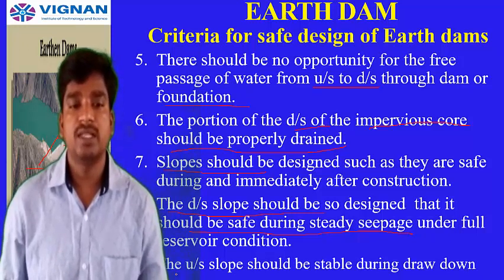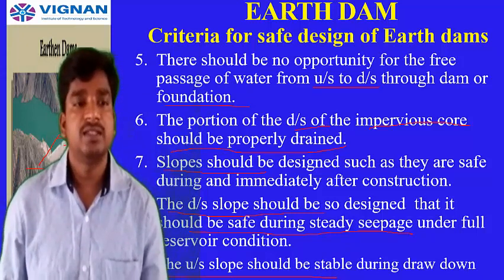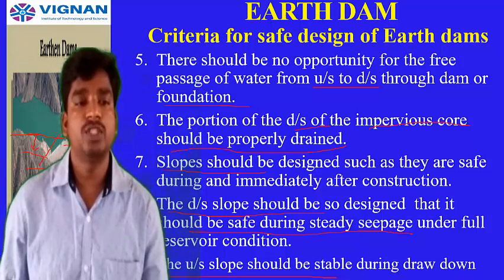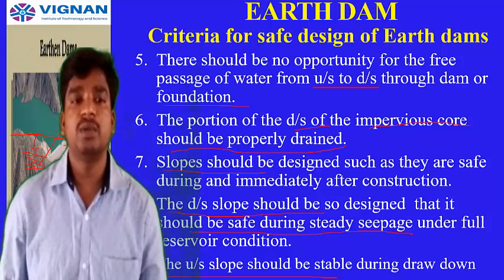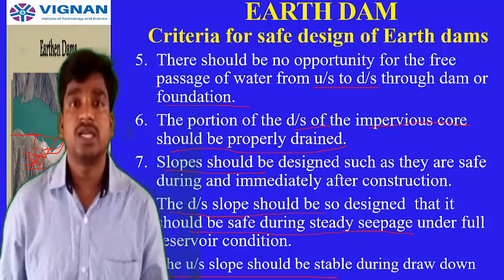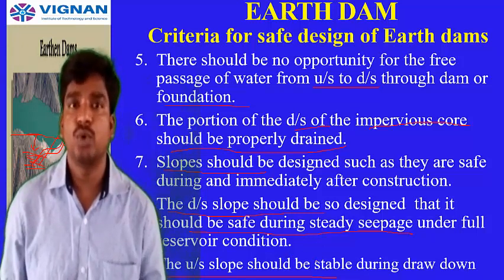Okay. Next important point, the upstream slope should be stable during the drawdown. So already we have seen, you can see here, suppose the water level is like this. Let us assume without changing any level in the volume, the water is drawn down up to this point. So this sudden drawdown in water will unstabilize the dam. So upstream surface may get damaged like this, it may get damaged like this because of the sudden drawdown of water. So that should be ensured while the design is going on.